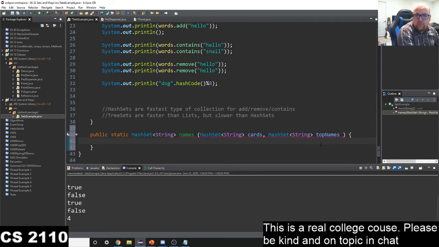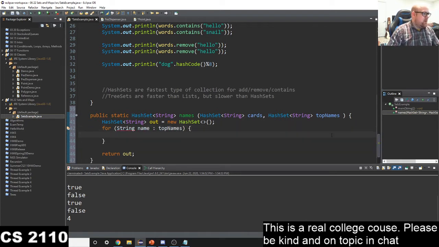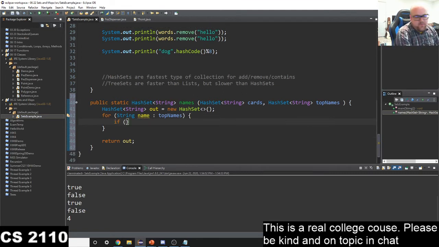I'm going to make a hash set, string out equals new hash set. And again, whenever you're initializing, you can leave that blank. It will fill in string from the left-hand side. And ultimately, I'm going to return out. But what I'm going to do in the interim is for string name in top names, I'm simply going to say if not names.contains name,